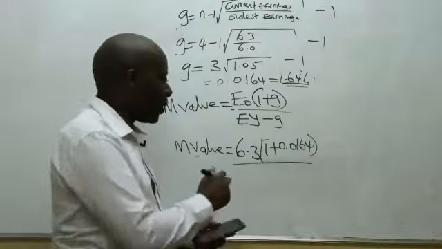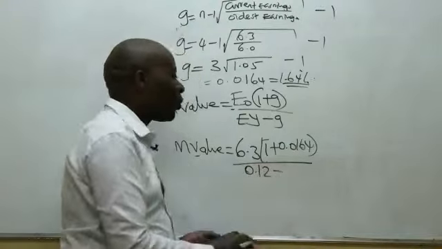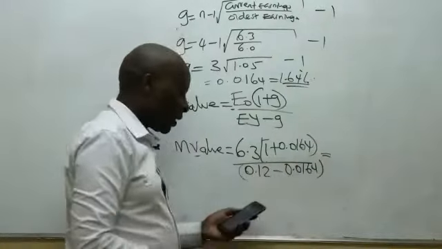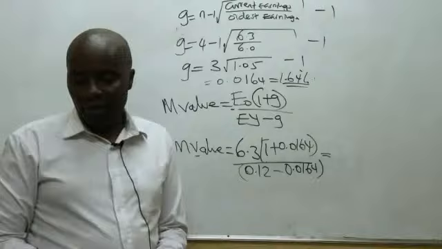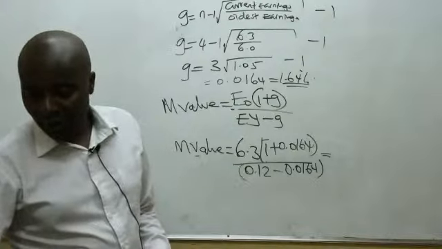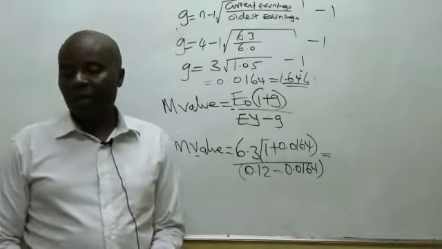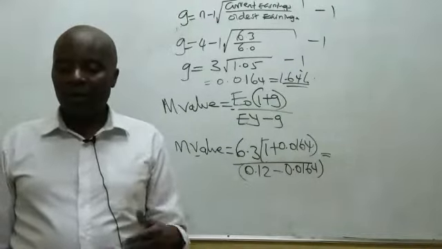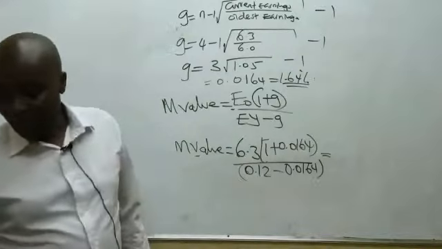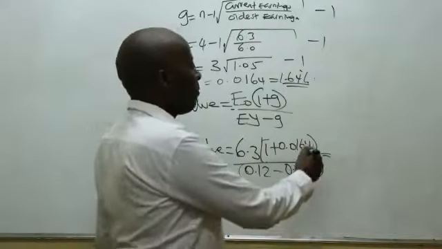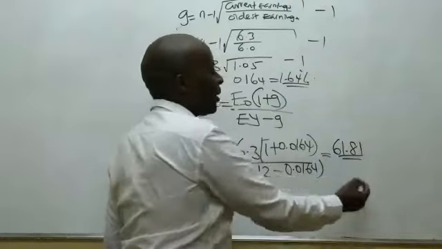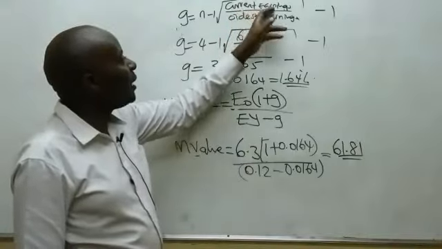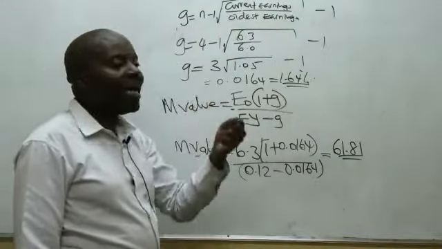The earnings yield given in the question is 12%, which is the same as 0.12, minus 0.0164. Could you kindly give us this answer, which will be the market value of that particular business? Could it be the market value of a share or the market value of a business? According to Cynthia, we have 61.81. Now, please notice here that instead of using current dividends, because you're using the earnings yield method,